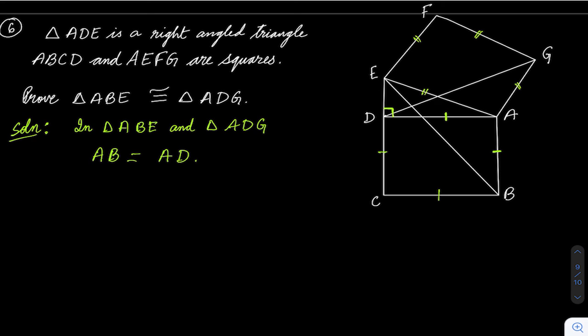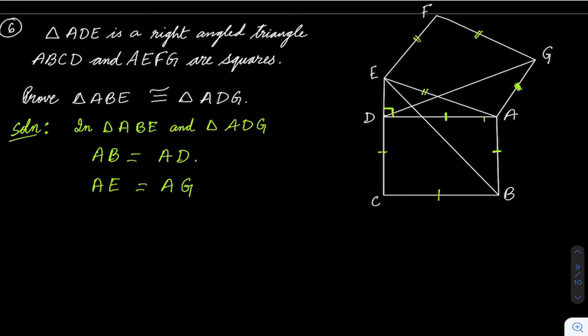What else we have? In triangle ABE, we have AE and in triangle ADG we have AG. So, AE is equal to AG. Okay. So, two sides are equal. When two sides are equal, either we prove that the third side is equal or we prove the angle between these two sides is equal. Okay, so let's first go for the side. The third side is BE. Is there any way to prove that BE is equal to DG? It will be a little difficult because nothing about the sides is given. Okay, what about the angles?